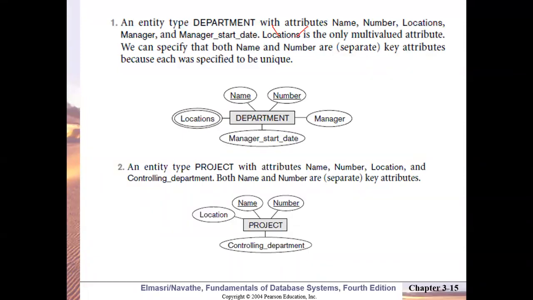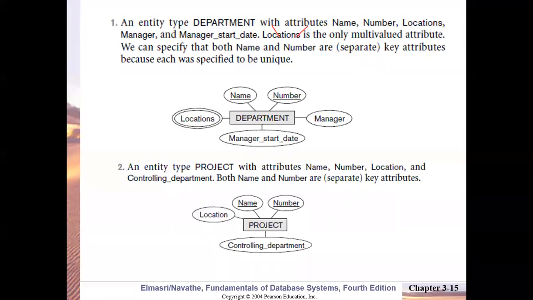Yeah. Fine. Is there any composite attribute in this entity type? Okay, you may say name is a composite attribute. Fine. But here it is not shown because a department will not have first name and last name, isn't it? Only when it comes to employee name, it will have first name, middle initial, and last name. So that's why name is not shown as a composite attribute here.